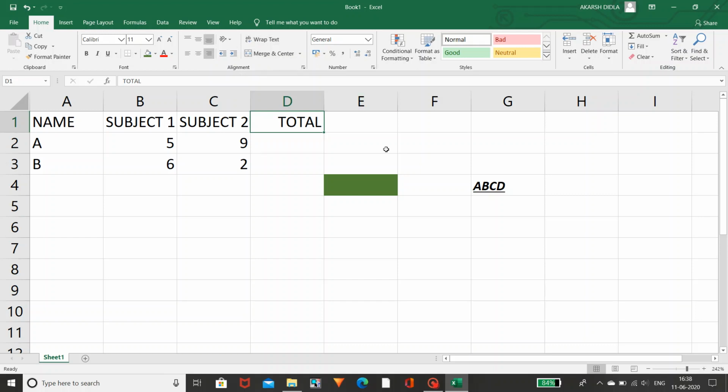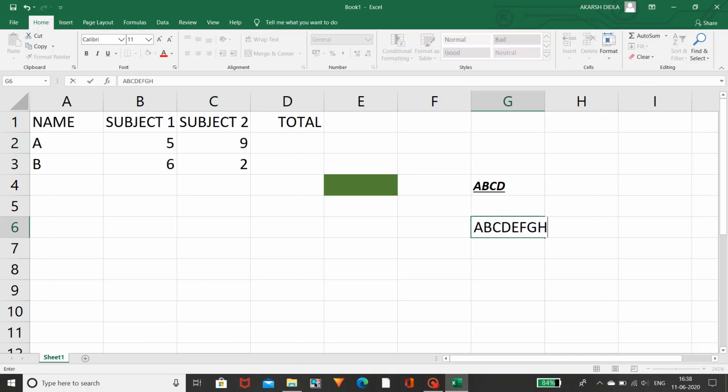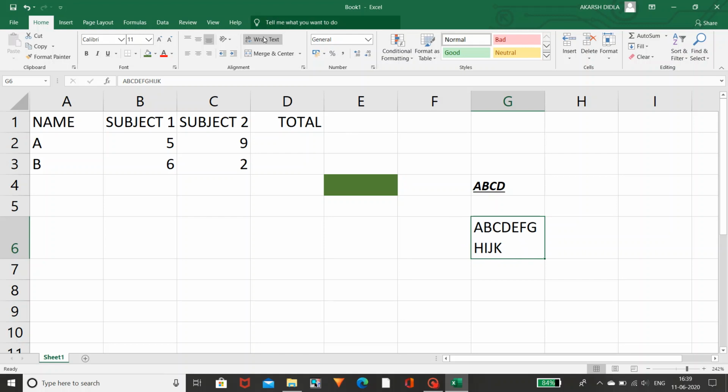And coming to the wrap text, wrap text is nothing but, if you have typed anything big, that means A B C D E F G H I J K, you can see here it exceeds to the second cell or to another cell. If you don't want it to exceed like this, you can use this wrap text option. I will show you. You should select the cell which has more text and use the wrap text option. If you do the wrap text option, you can see the changes. The total word is fitted in the cell which you wanted. So this is the use of wrap text.